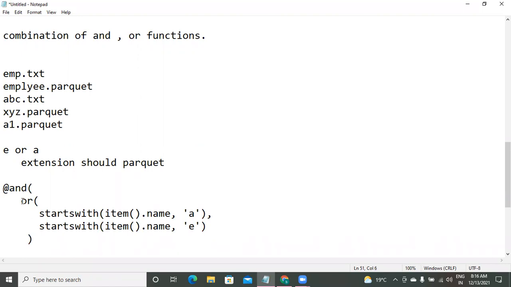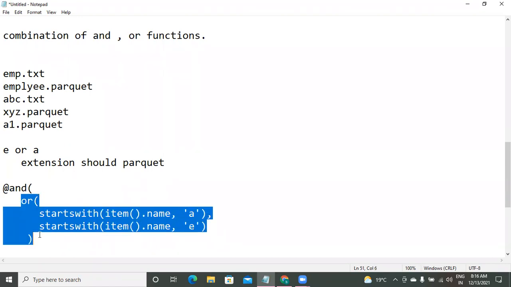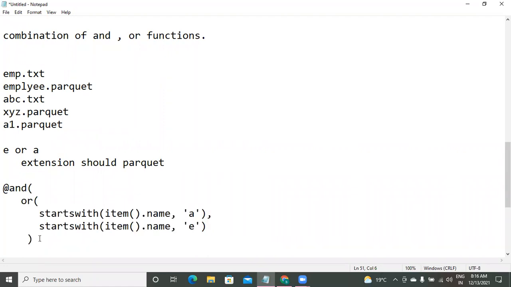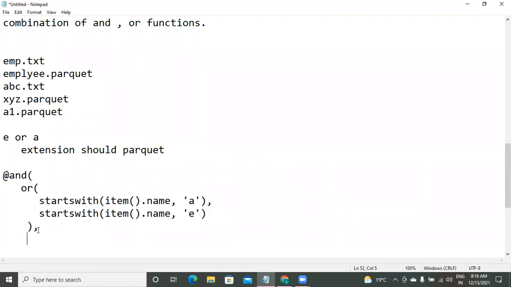But at a high level, this entire OR is one single condition. Again, comma. Now apply the second condition for Parquet. endsWith item dot name of extension parquet.